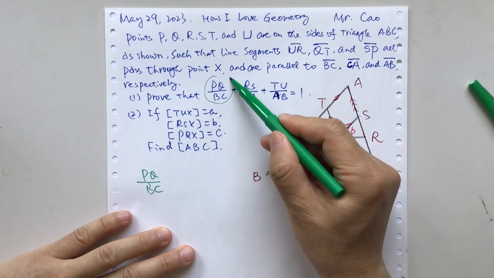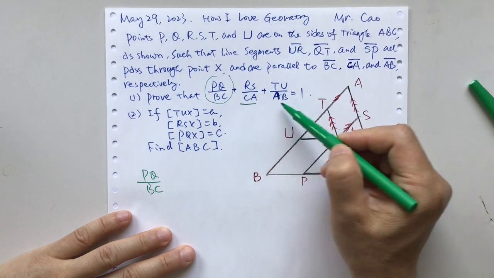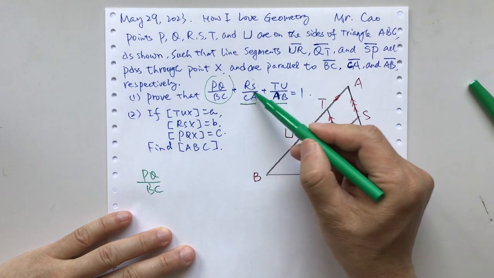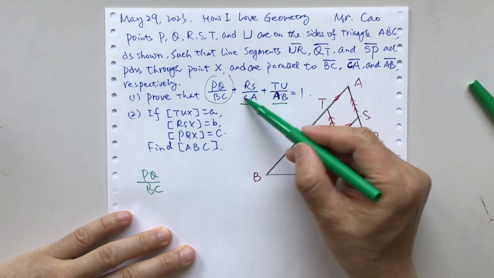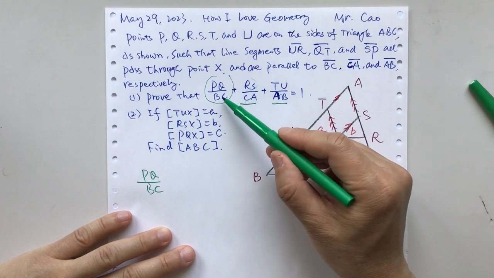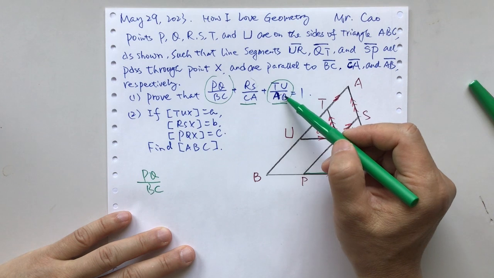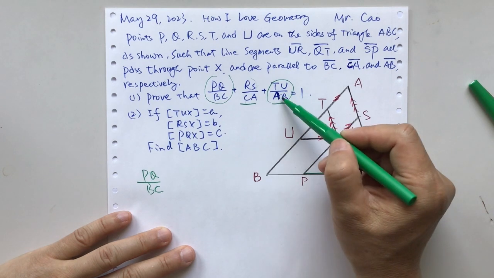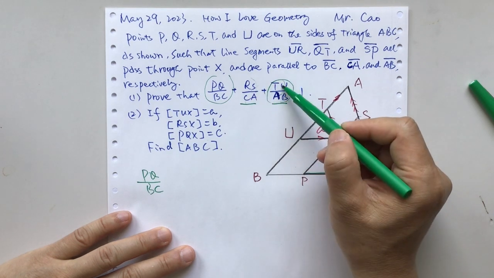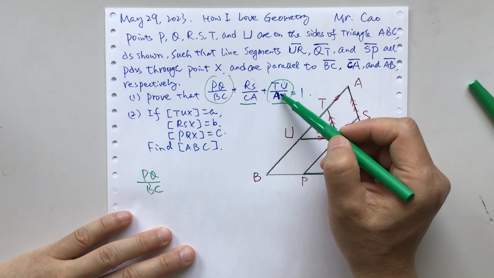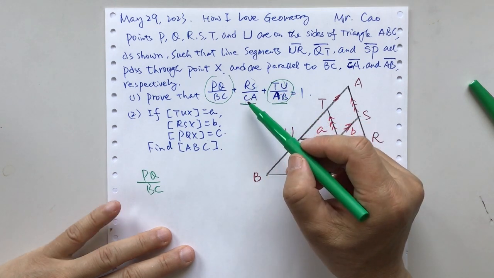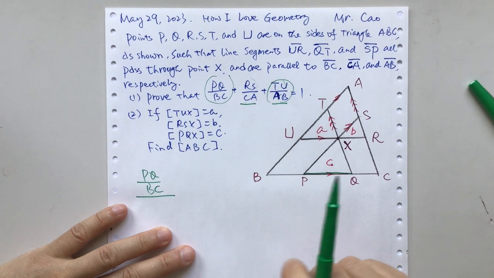For example, we keep this one and try our best to convert the other parts to the denominator of BC. So we can keep PQ over BC, don't change it,